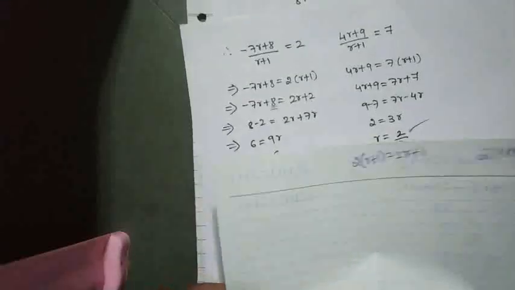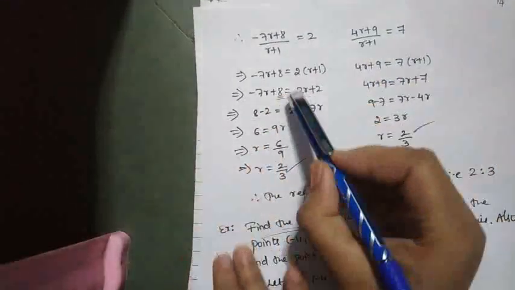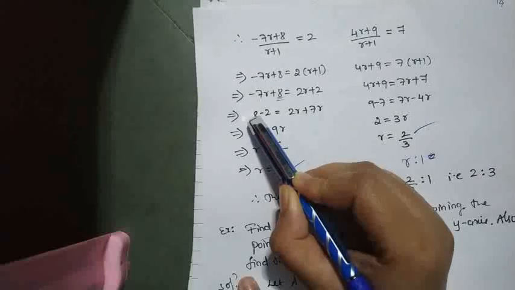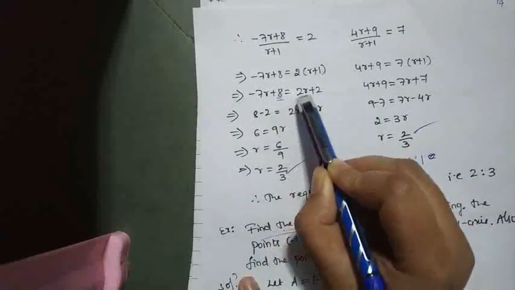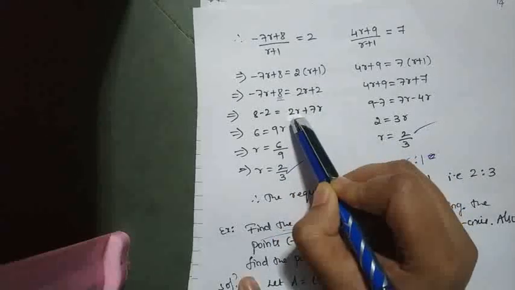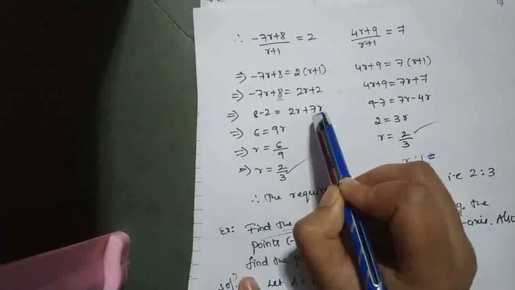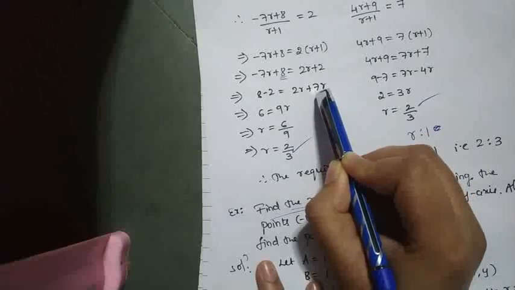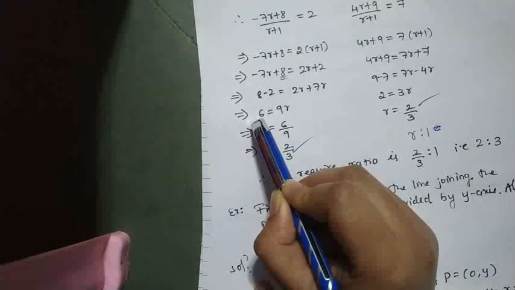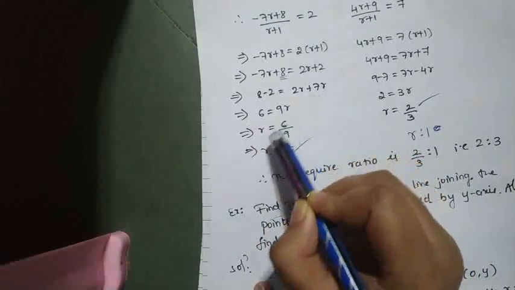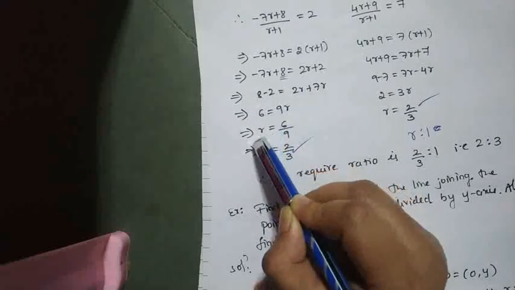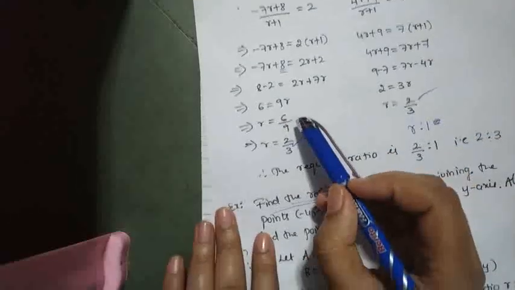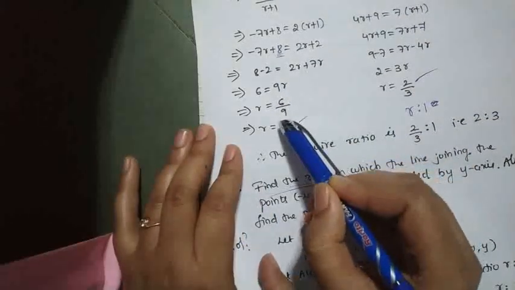Okay, so these numbers, that is on the left side 8 I will keep as it is. This plus 2 I take to this side, it becomes -2, and this is equal to 2r, I will keep as it is. This -7 I take to the right side, that is plus 7r. So this is equal to 6 equal to 9r. Therefore, what is r? r is equal to 6 by 9. Therefore, this is 3 2s are 6, 3 3s are 9, 2 by 3.